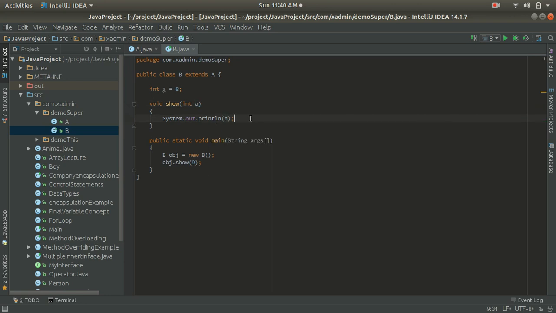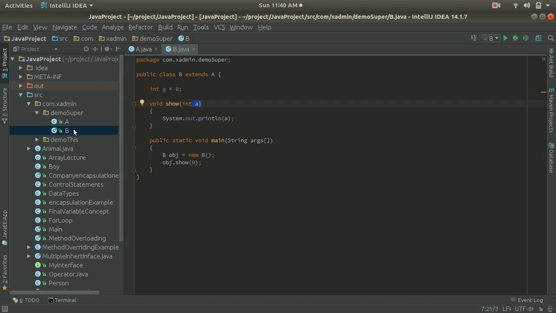So now guys, I have created a class B which is extending A, and here I have defined a show method to display the value of a, and inside this B class I have a main method, and inside the main method I am creating the object of the class B, and with the object I am calling the show method, and here I am passing the value 9. So 9 will be received by the local variable a, and I am going to display the value.